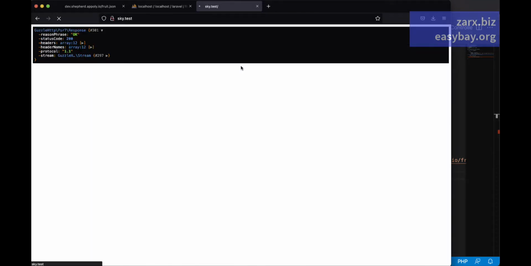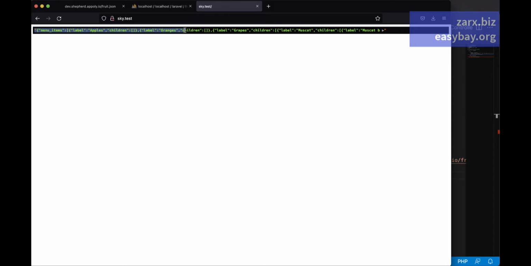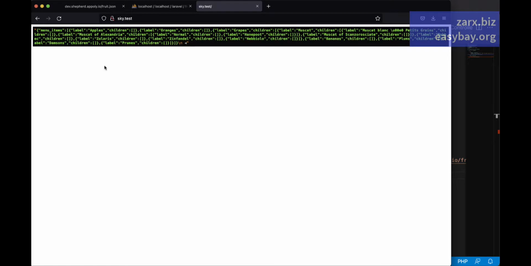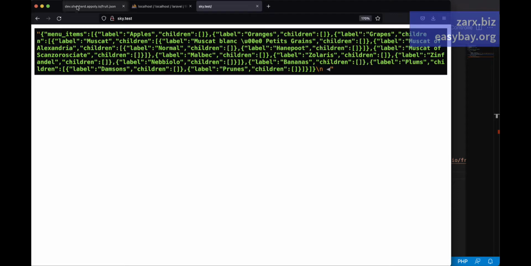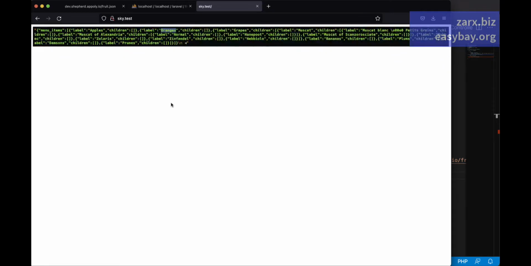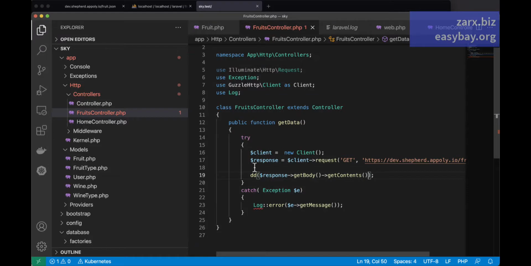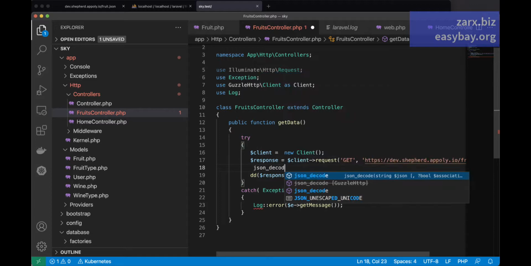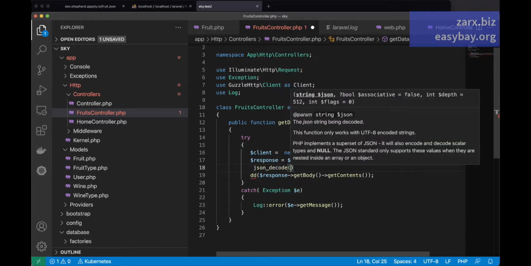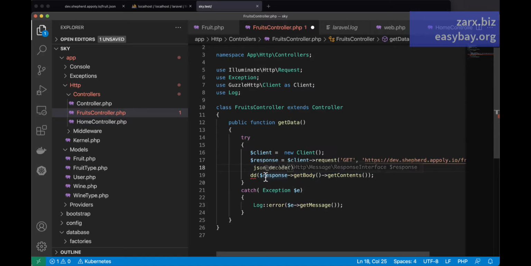So let's see, refresh, and we have here the JSON data that, if you see, is the exact data we have here. If I zoom here, you can see that we have apples, then children, then oranges. So this data is coming. So let's deal with this data. As it's JSON, we're going to decode it. So I'm going to use json_decode. We will see the different approaches in coming videos, but for now I'm just going to use json_decode for it. So just going to pass this,